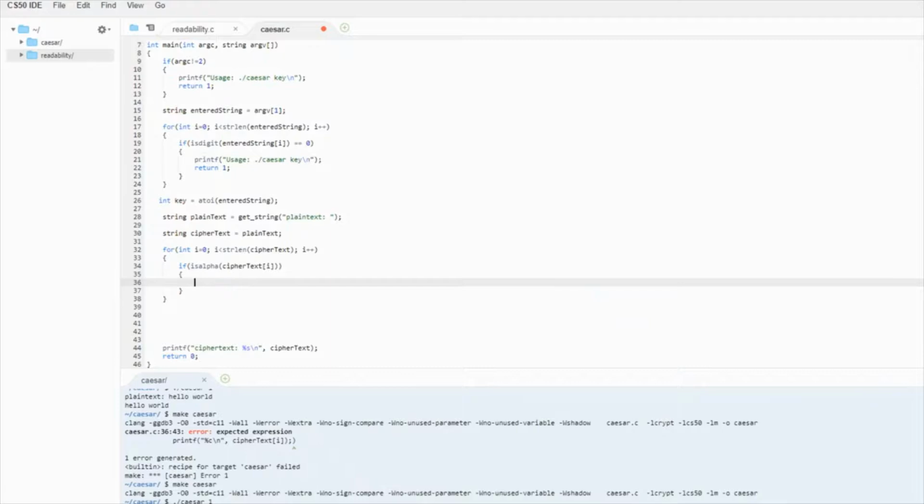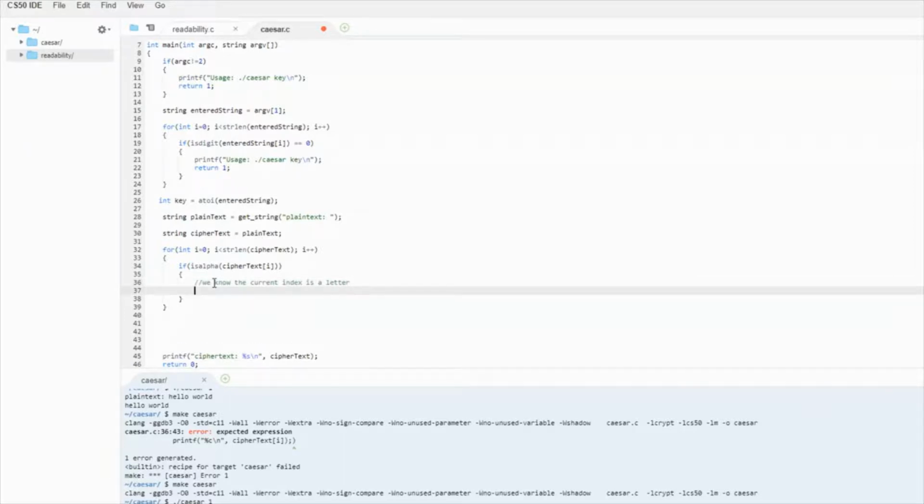So if we move back here, the thing that's going to change is we have to do separate math depending on if it's an uppercase or a lowercase. Here in this if statement, if they reach here, we know the current index is a letter.